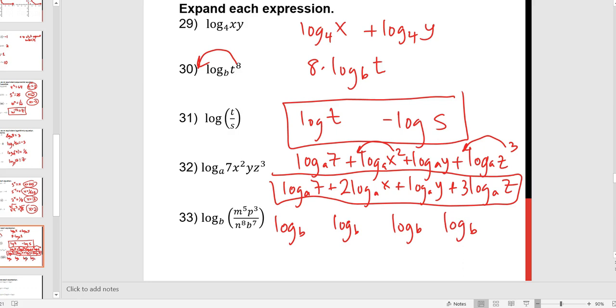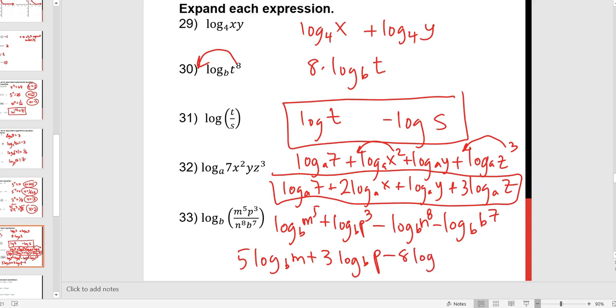The 2 on the top are positive, m to the 5th, p to the 3rd. The 2 in the denominator are both negative, n to the 8th, b to the 7th. Move all the exponents to the front. 5 log base b of m plus 3 log base b of p minus 8 log base b of n